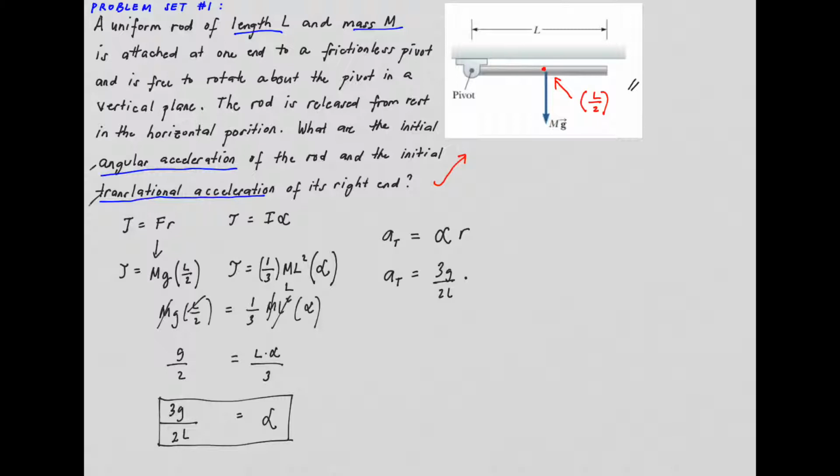Now we have to take note that we're getting the right end, so from this point up to this point, and therefore we multiply it by L. And then therefore we have now our final answer, which is 3g over